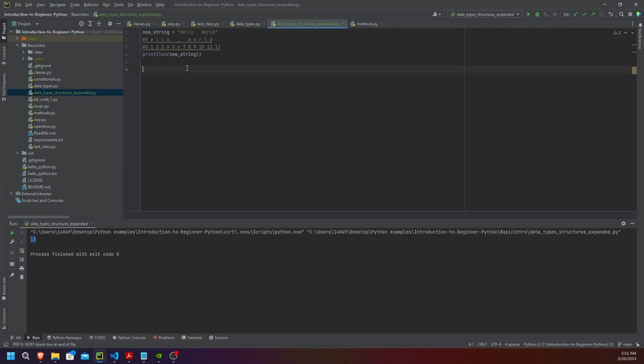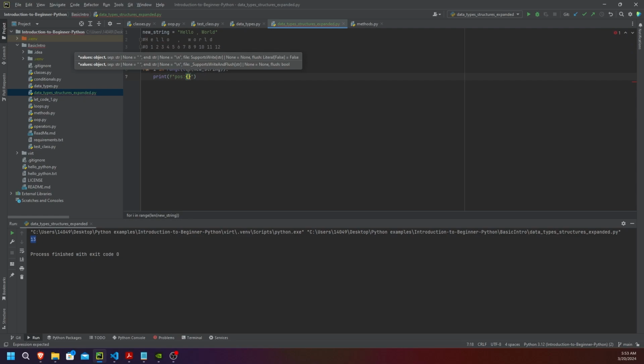So what we're going to do is we're going to create a for loop. So for I in range of, yeah, I was right the first time. This is 13. So for I in range of the length of this new string, I'm going to print out every value and its corresponding position. So we're going to have a print statement here, and I'm going to have an f string, and I'm going to say that this position value is I,